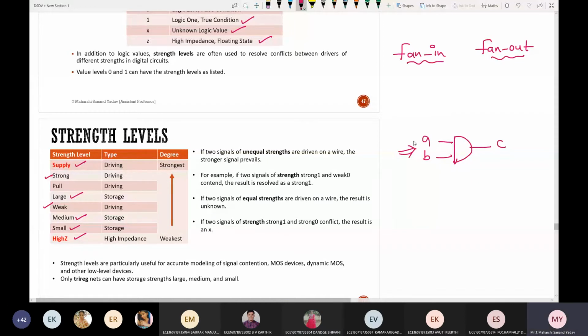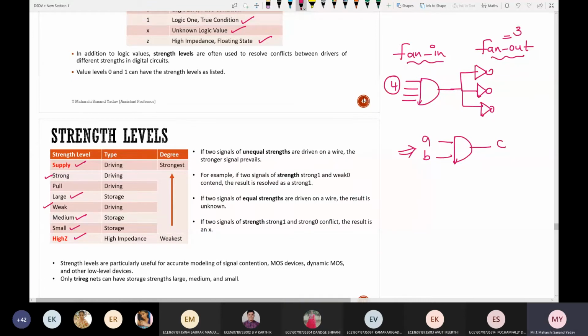Already you might have heard about these terms, fan in and fan out. Fan in means how many inputs a particular gate can handle. Next, by using that particular output, the number of gates it is driving is called fan out. See, by using this single output, I am driving 3 NOT gates. So what is the value for fan out? Fan out is 3, whereas fan in is 4.